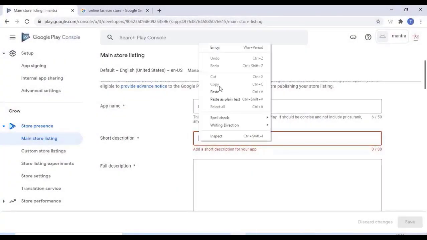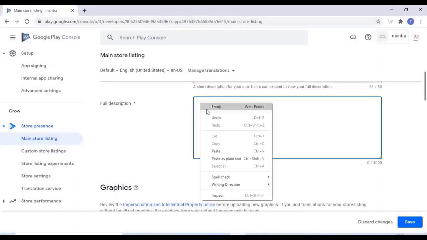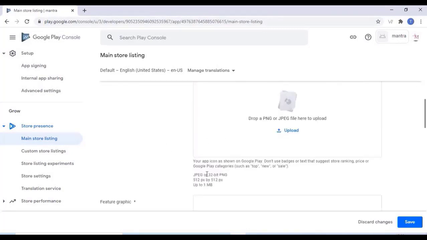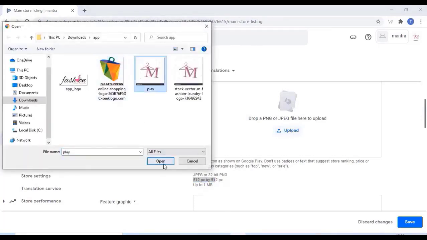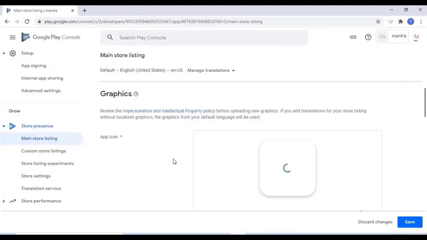You can add or paste something for your short and full description, and you can add an app icon. Make sure all the sizes are correct or recommended by the Play Store. Just upload it on the icon section